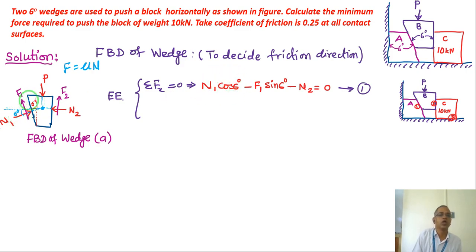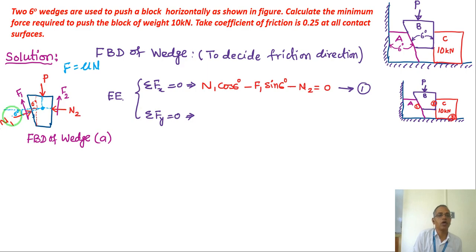N1 cos 6 degree positive, and F, if I take this F along the surface, if you go towards the angle it becomes vertical, away from the angle it is horizontal, and if I go away from horizontal like this, the arrow goes left-hand side, that's why minus. So minus F1 sin 6 degrees. Simple. Now summation Fy, F2 is there, minus P is there, F1 cos will be upward vertical, that is positive,